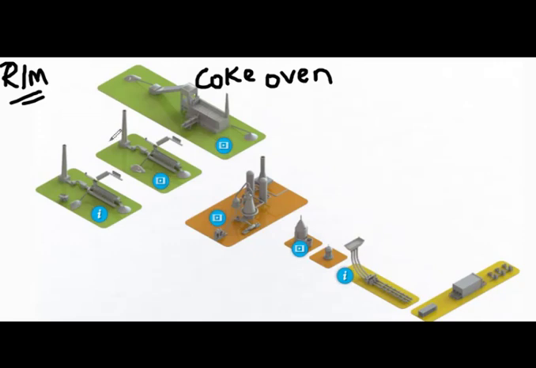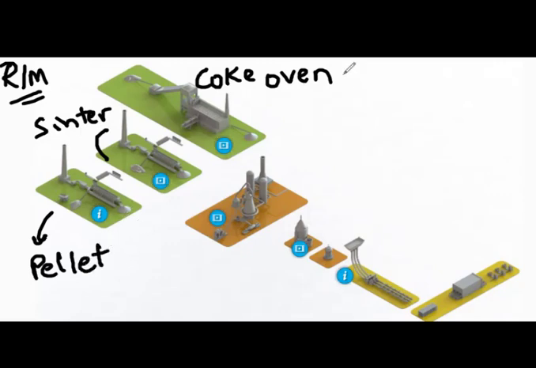So this area is going to be the sinter plant, and this is going to be the pellet plant. So from fines by agglomerating we will have sinters, and also we'll have pellets, and from these three there will be burden handling section, BHS, and we will take them